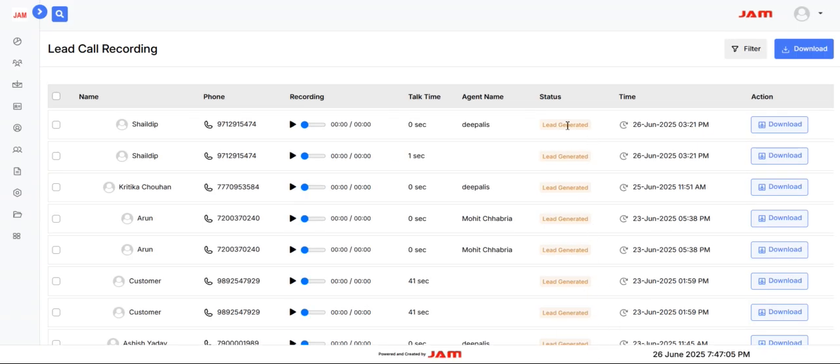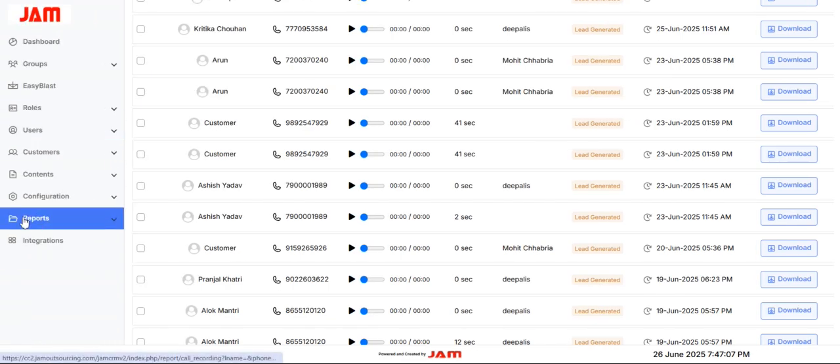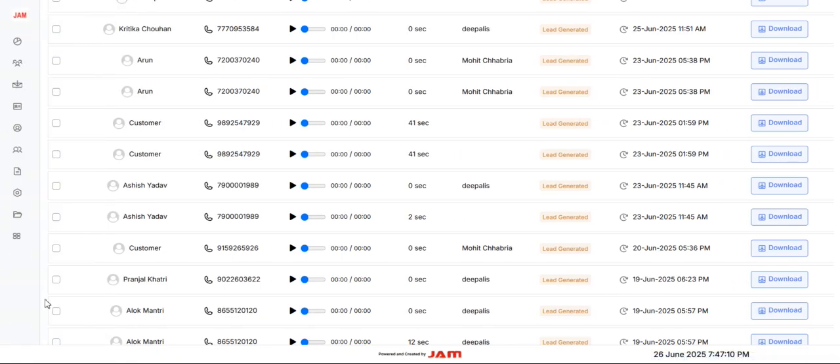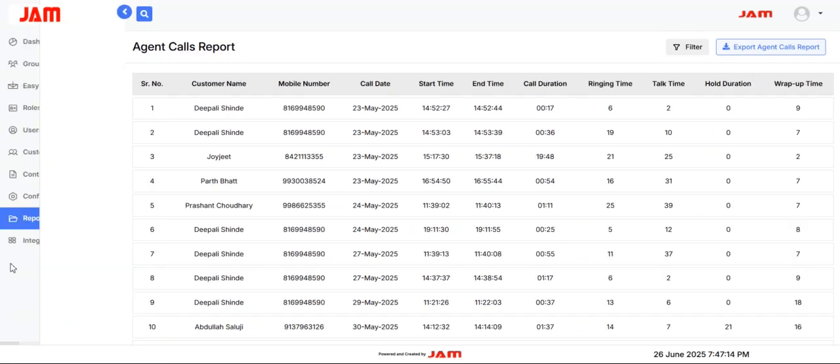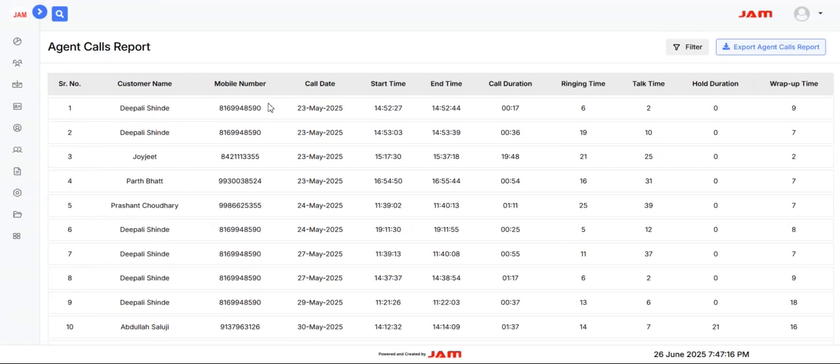Here you can see I have just generated dispositions. And lastly, we'll provide you the agent call reports. Agent call reports give you a brief about a particular number, particular call and particular customer: the call duration, whether it was an incoming or outgoing call, ringing time, talk time, wrap time, etc. This also can be downloaded in Excel format.